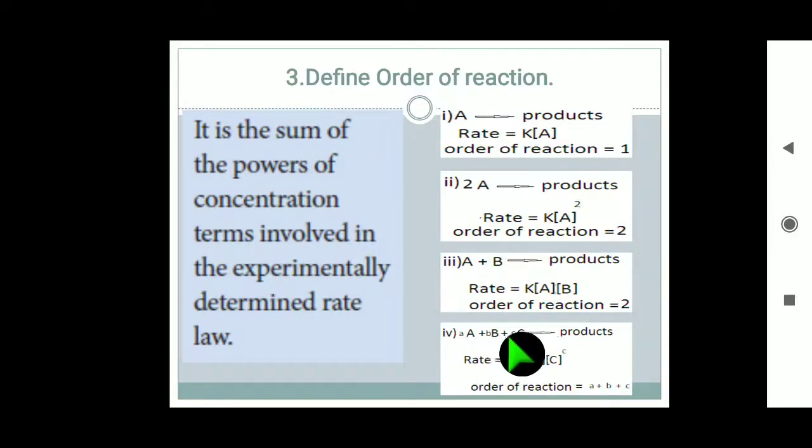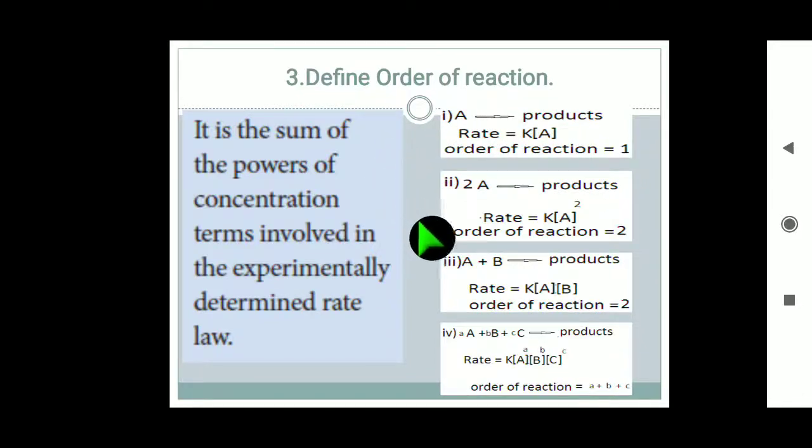The fourth one, here 3 reactants with 3 coefficients. So small a, small b, small c are coefficients, otherwise we can say moles. So A reactant, B reactant and C reactant. Okay, when we write the rate law, rate equal to rate constant K, concentration A, concentration B, concentration C. The coefficients will come in the exponential power. So a plus b plus c, that is the order of reaction. So regarding the examples, just now we have seen how to find the order of reaction.